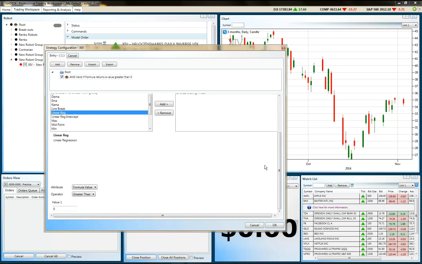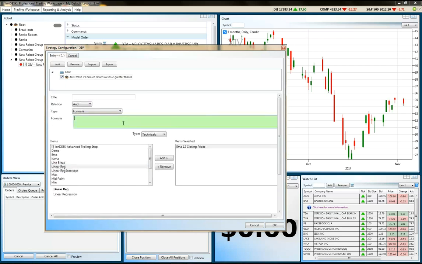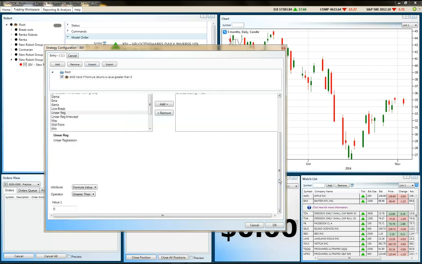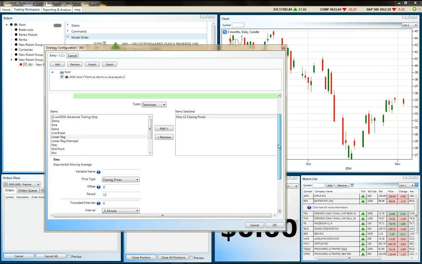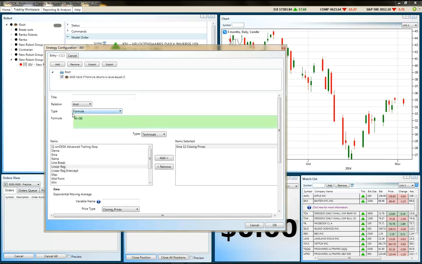Then our formula could possibly be M greater than 90 or whatever. So this is a strategy that is going to be using a formula,